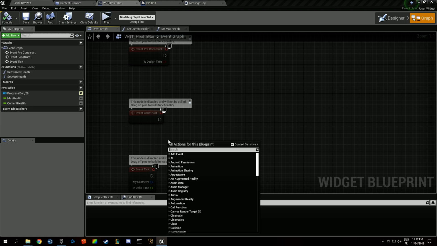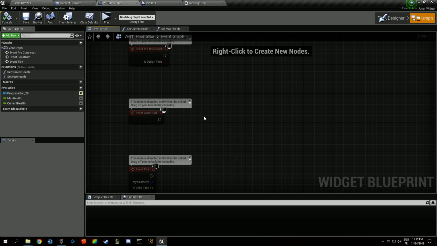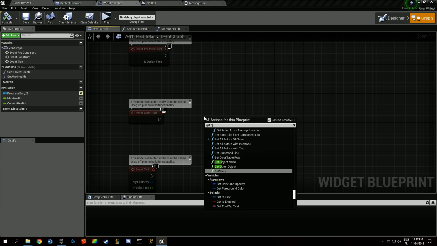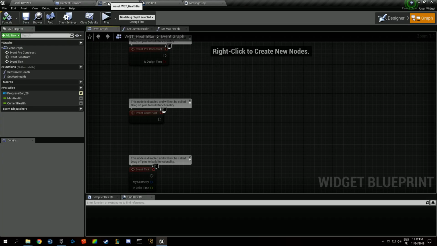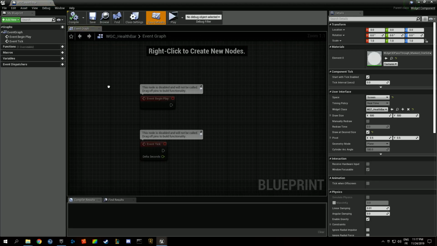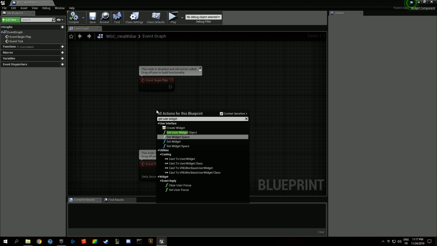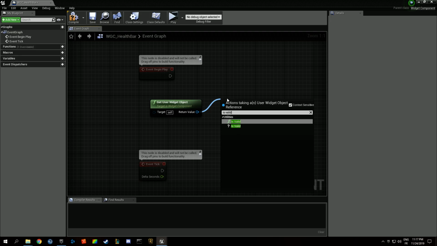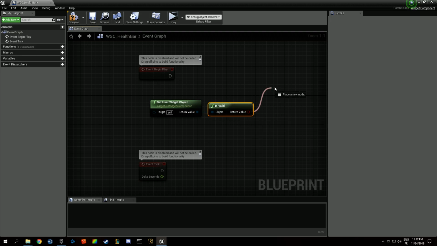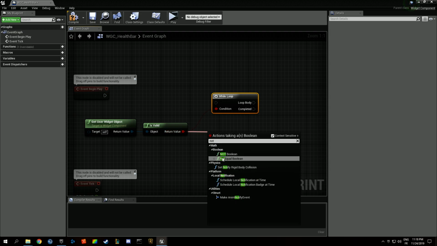Do we have a way to find the widget component we're on? No, we're not. Get parent, get owner. We don't have something like this. So maybe we can path by that. Get user widget object, is valid, while it is not valid,